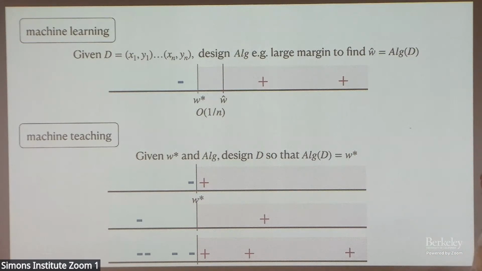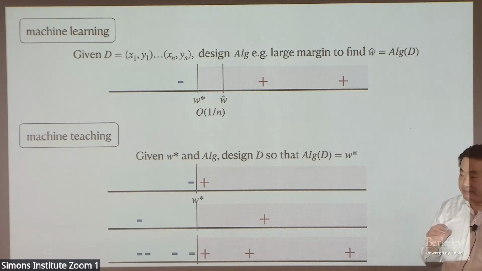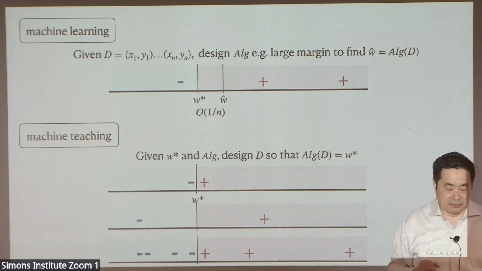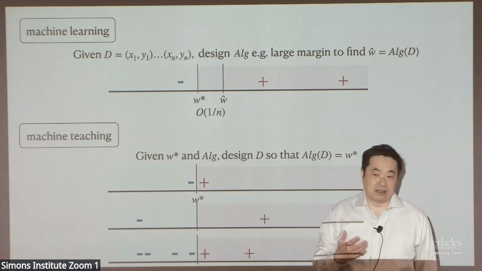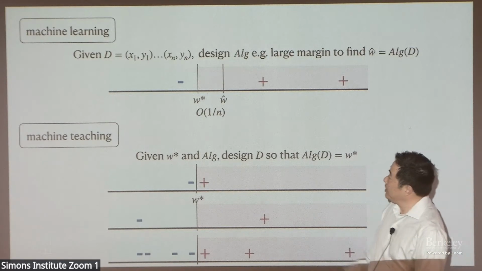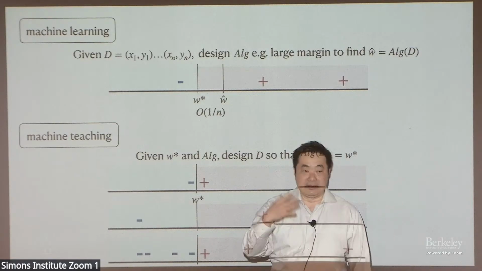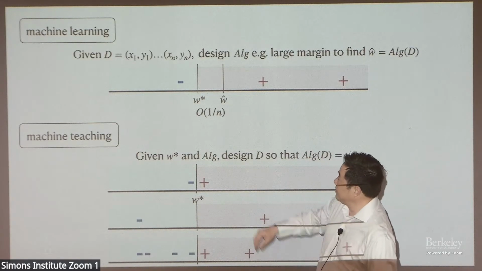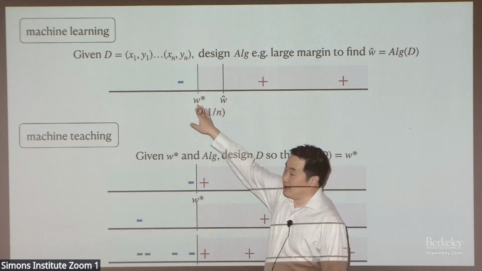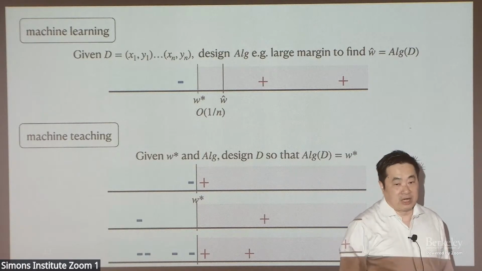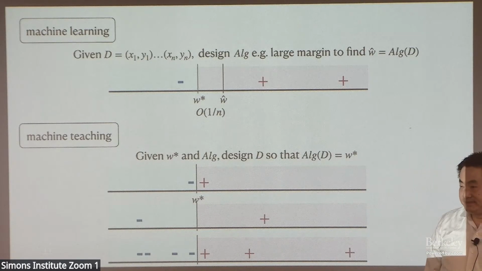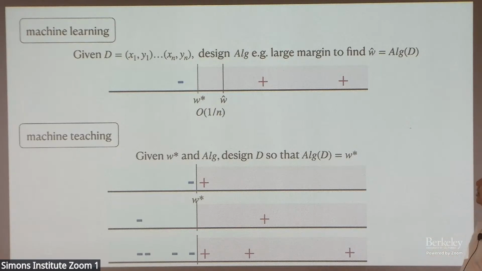Okay, so that's the business of machine learning, pretty much. And if you make reasonable assumptions such that, for example, D is IID samples, then you get nice learning theoretical guarantees. For example, in this case, we can say that in expectation or with large probability, the distance between what you estimate and what the true boundary is, that distance is on the order of 1/n, where n is the training set size. Okay, so that has been what's going on in machine learning as a simple example.